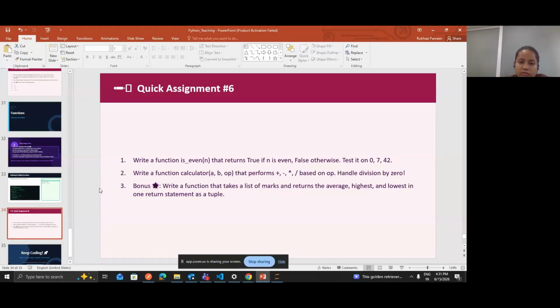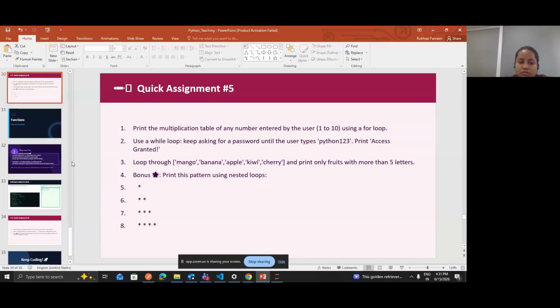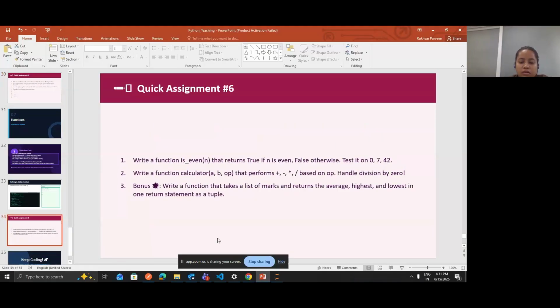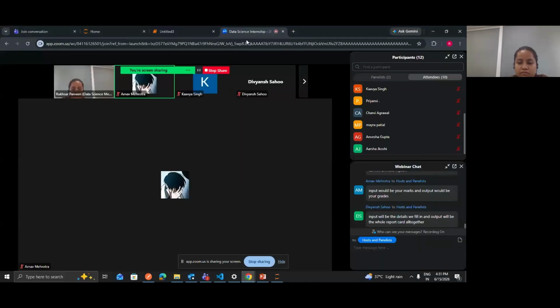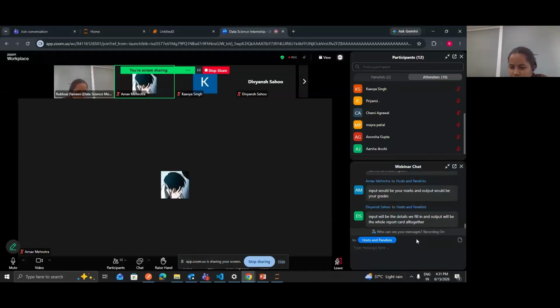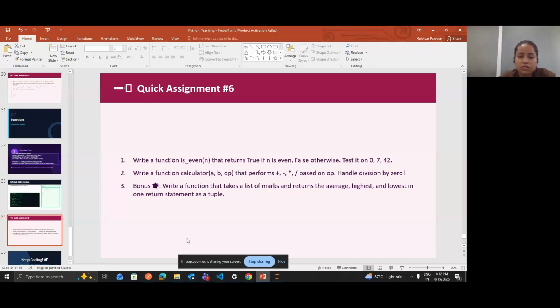Take a screenshot of this assignment and this one, and share the solutions with Anna. Okay, I cannot paste the picture inside the chat. No problem, you just take the screenshot.